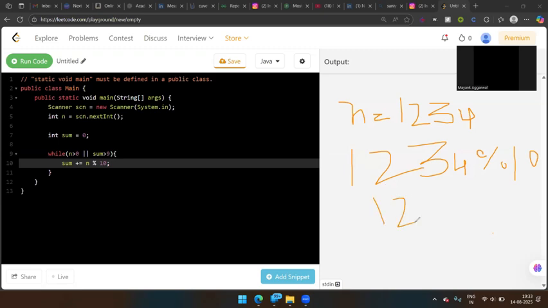this number leaves 1, 2, 3. And the remainder that comes after dividing by 10 is 4. So the sum value will become 4. After that,